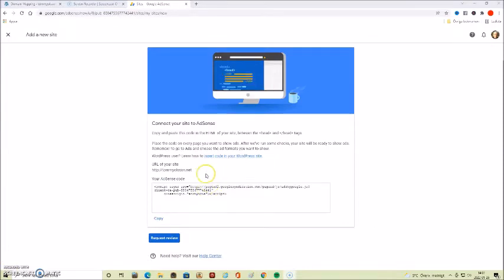And here's a code you enter to be able to show ads, but I'm going to show you a way where you don't have to use any code or anything like that. Quite easy.